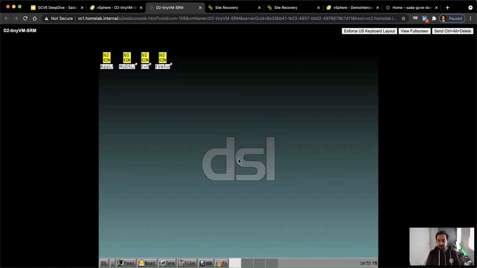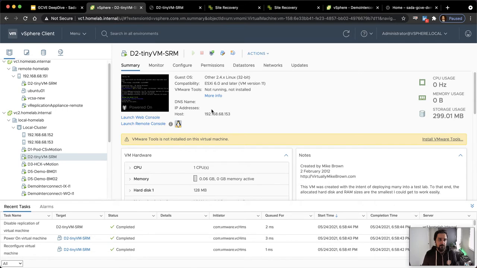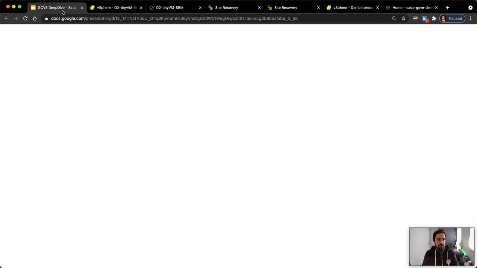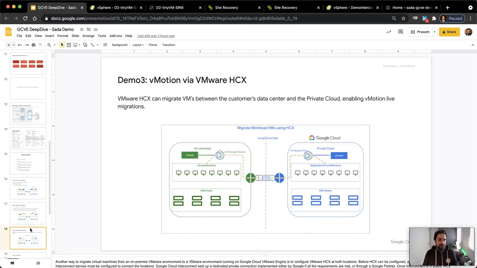And everything is operational. The VM has fully recovered. So if the situation was a catastrophe where your vCenter 1 was dead, you would not be worried because the workloads in that vCenter were completely protected. With that, I'm going to go quickly to my demo 3, which is where we're going to leverage the GCVE